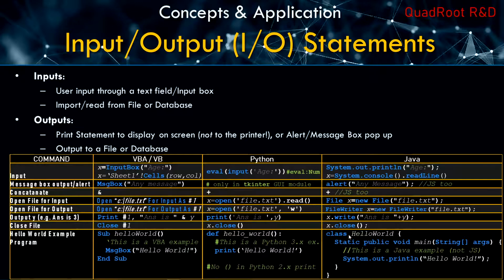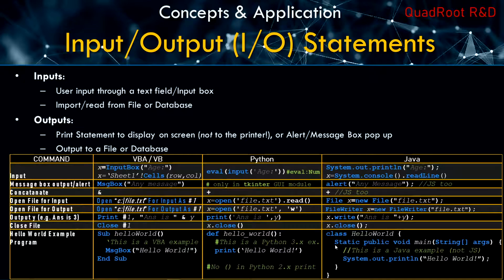So we start with the keyword class, and then the name of the program, or the name of the class rather, which is in upper camel case. So classes are always upper camel case and methods are lower camel case. The name of the method within this class is the main method. The main method is always the first method. And so within HelloWorld, curly brackets, we have the main method,